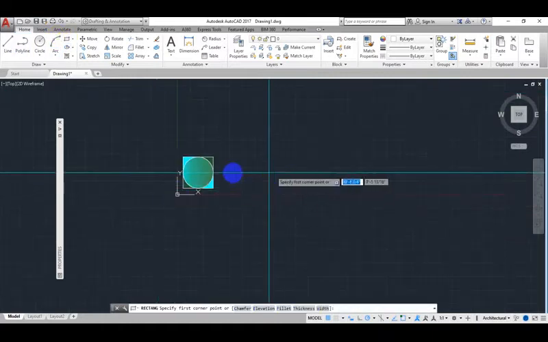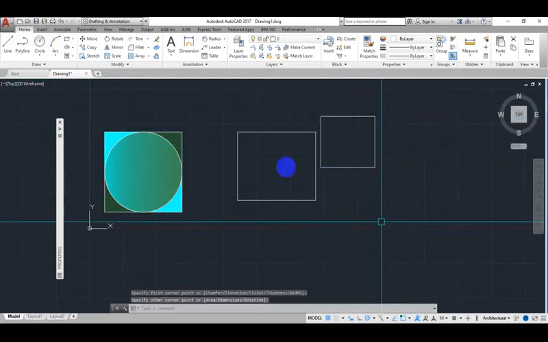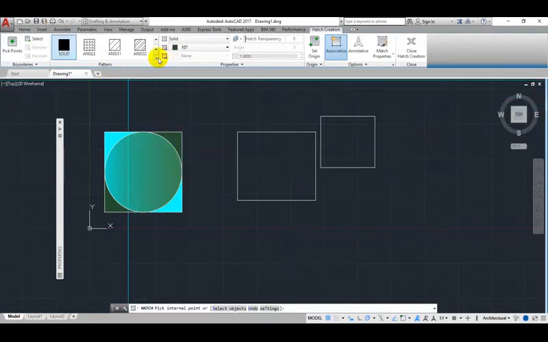So I come to rectangle, click here, click here. So within this, I'll be teaching you about hash pattern. So I'll come here to hash, click on hash, come here to pattern, click here, come to pattern.